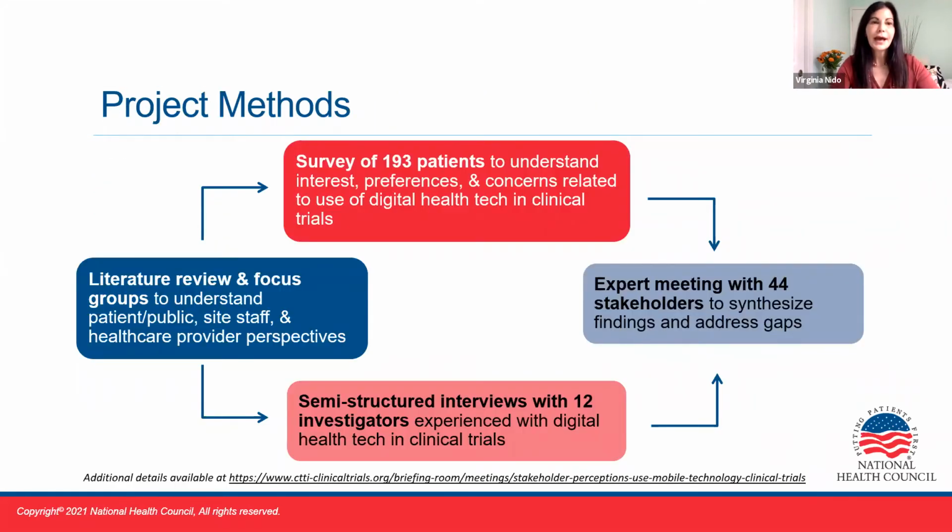So I'm going to tell you a bit about how we did this work. If you're really interested in digging in, the detailed methodology is available on the CTTI website, but it began with scoping work that included a literature review, and then we conducted some focus groups. So CTTI always works with very skilled social scientists to scope and conduct this research, and this project was no different. We worked with those social scientists, and then we conducted a survey of patients in 4 different therapeutic areas. And these were patients who had already participated in a clinical trial or were likely to participate in a clinical trial. They said themselves that they were likely to participate.